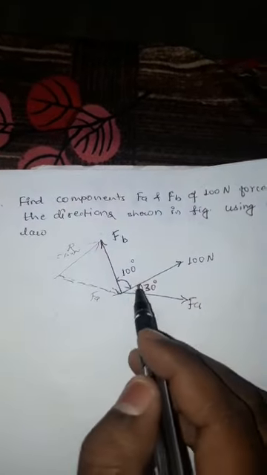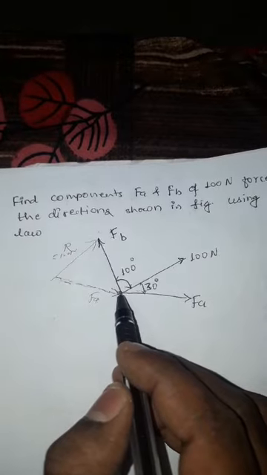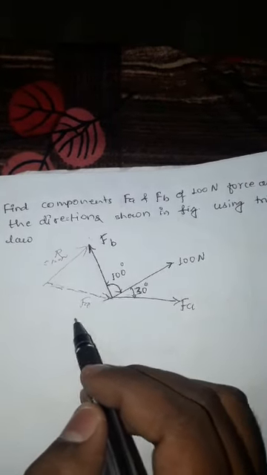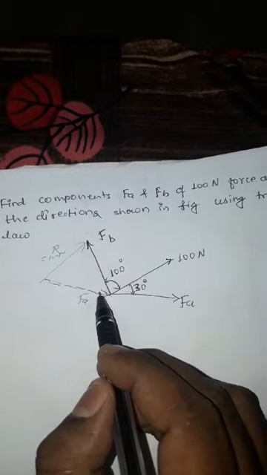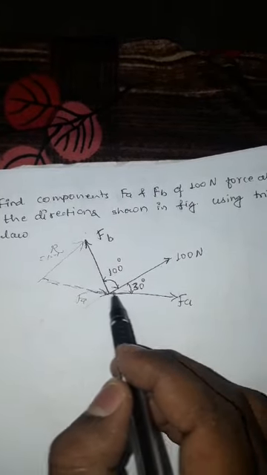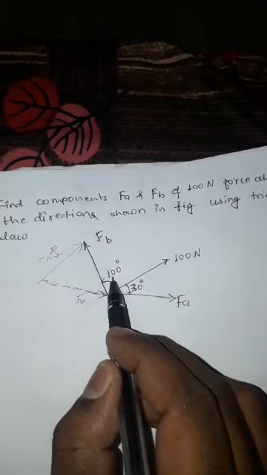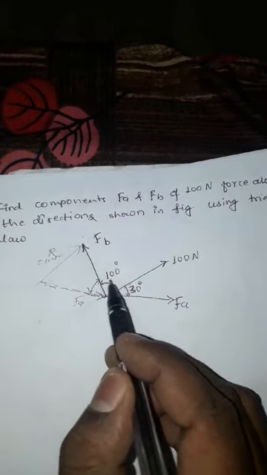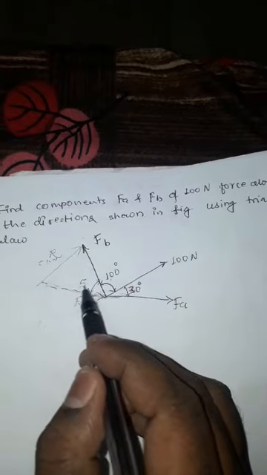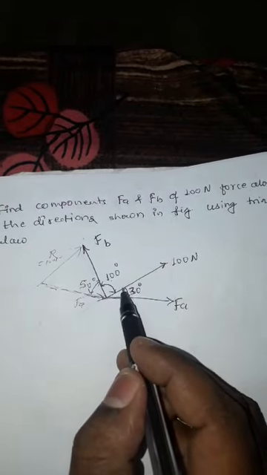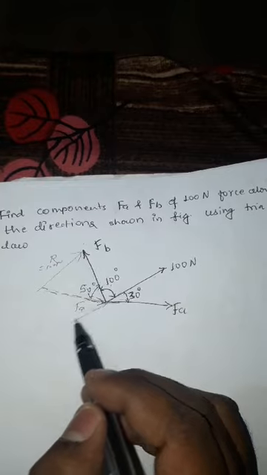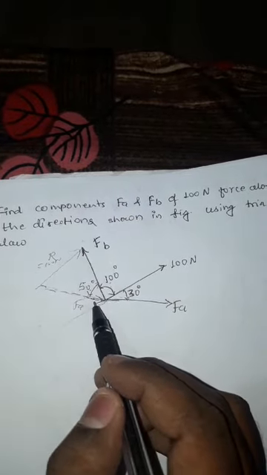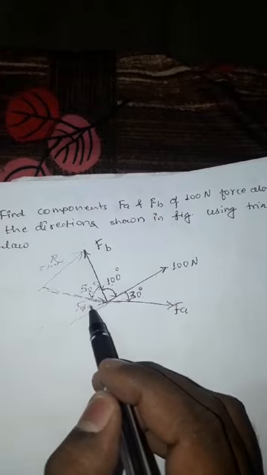Okay. Now I am just calculating the angle. Initially I am considering this as a horizontal line, so this is 30, this is 100, so this will become 50 degree. Now suppose I am considering this as a horizontal line, so I know this angle is 150, so it will become 30 degree.